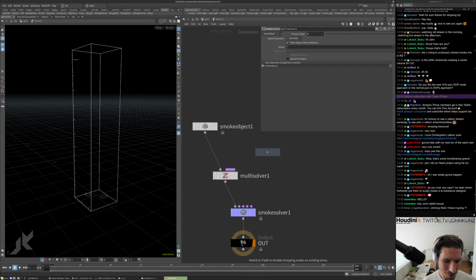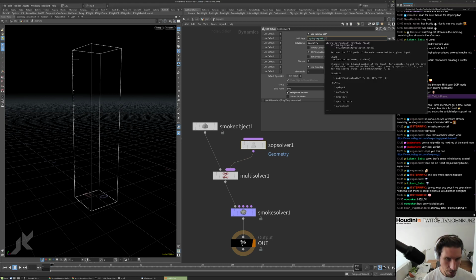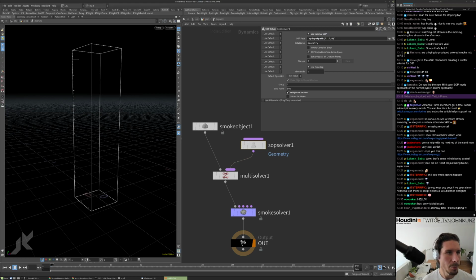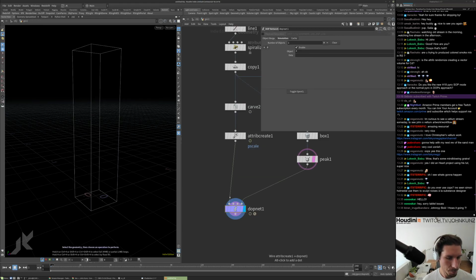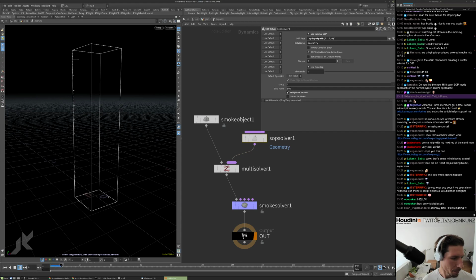So do SOP solver. This is the easiest way to get particles into, or any geometry into a DOP network. And again, just do op input path of the node that contains this one, or the parent node. And this time we just do 0 for the first input, for the primary. So 0, 1, 2, 3. So you can see we have the particles now,